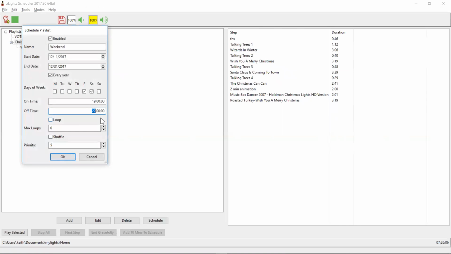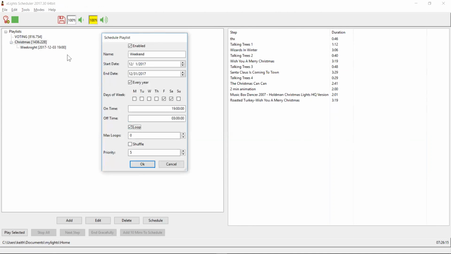I don't know, normally you'd finish this later. So I don't know, we'll finish this at 3 a.m. We're crazy. And again, this one doesn't conflict. This one is entirely separate from my weeknight schedule. It plays on an entirely different night of the week. So that one's okay. But let's imagine that this is actually